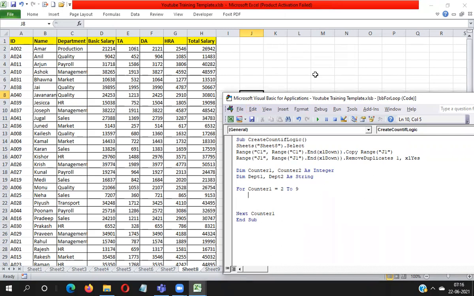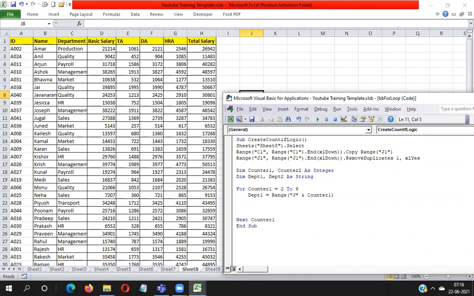So I write depth1 equal to Range J concatenated with counter1. It will read the value from the J column and store it into depth1 one by one.